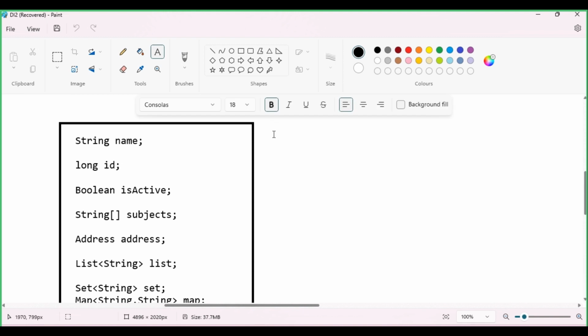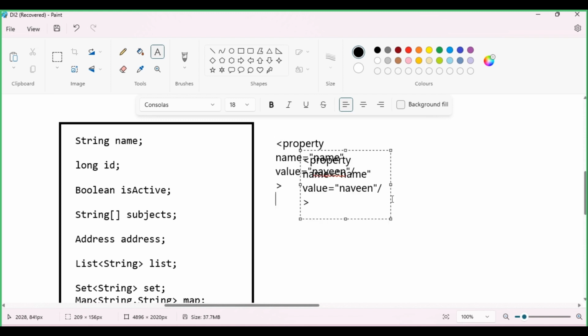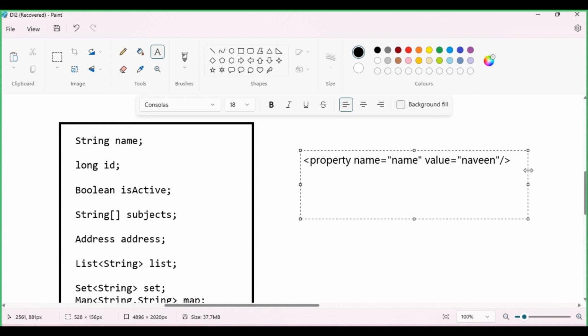We will be using the property tag here, and for a string we will enter its name properly and give the value, the student name and his value. If it is a simple string type,